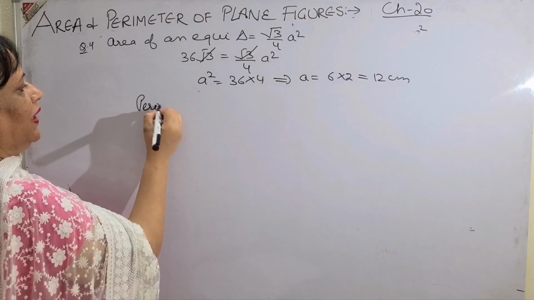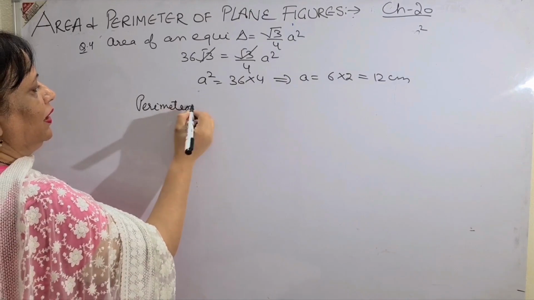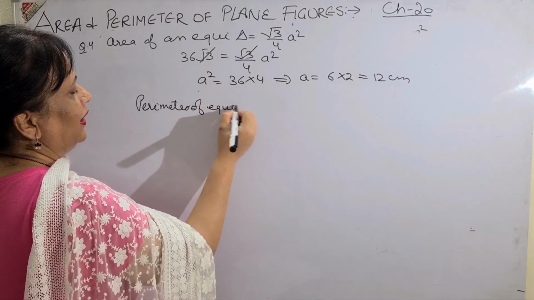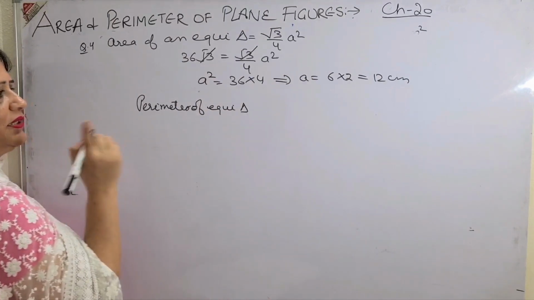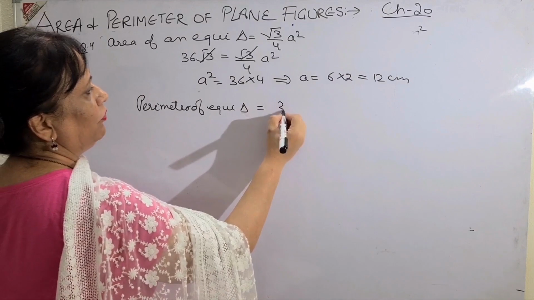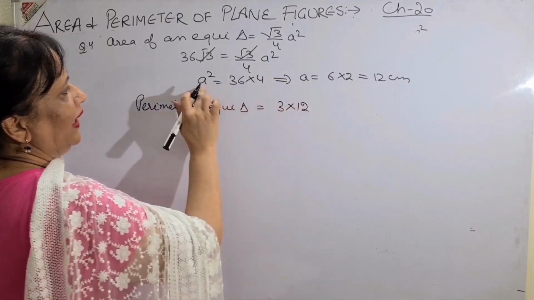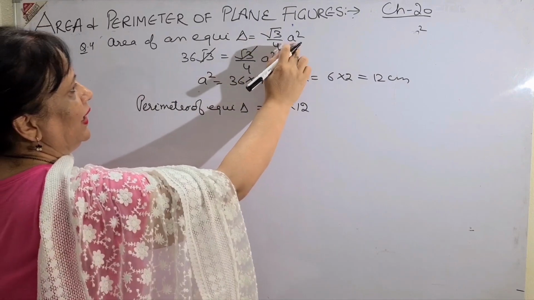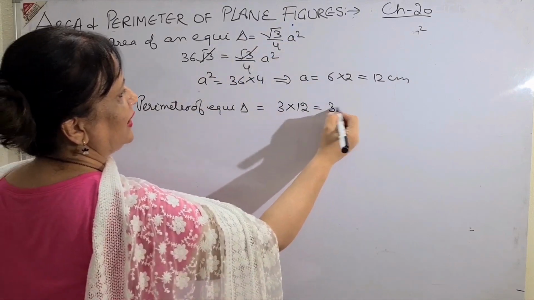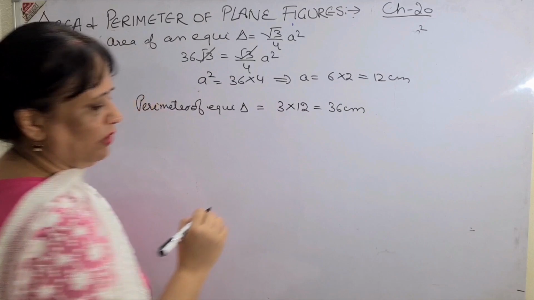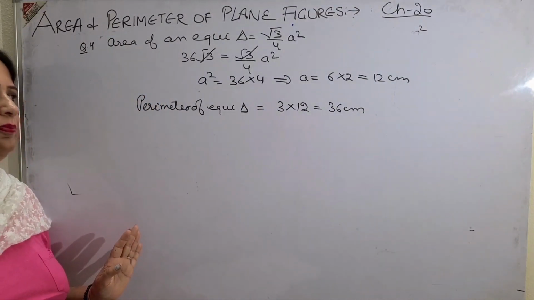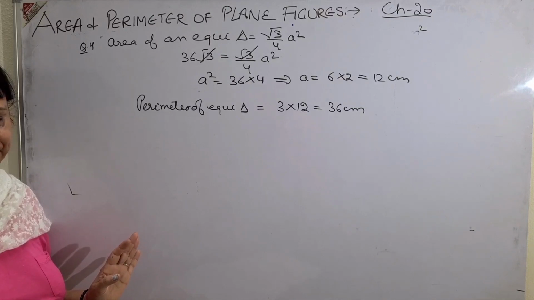Now comes the perimeter, which was explained before. The perimeter of an equilateral triangle, because an equilateral triangle has 3 equal sides, is simply 3 multiplied by the side, where a is the side. I have told you before also, again explaining in the formula, a is said to be the side, so this is 36 centimeter. This is what you have to find, and it is so simple, and this is one of the very important sums of the compulsory section.